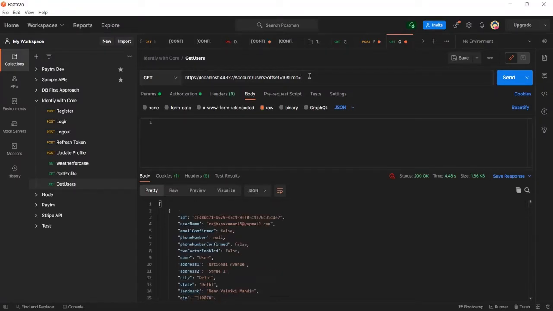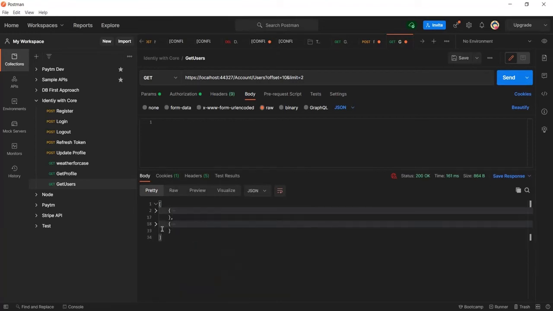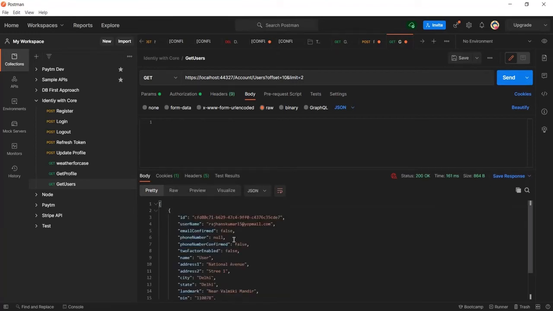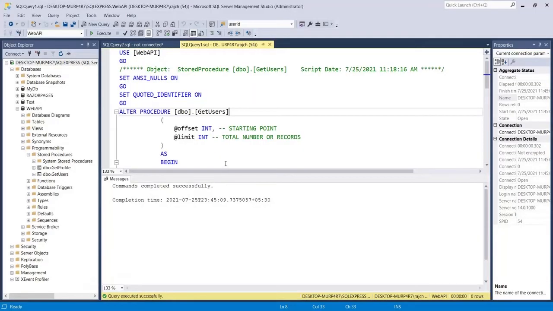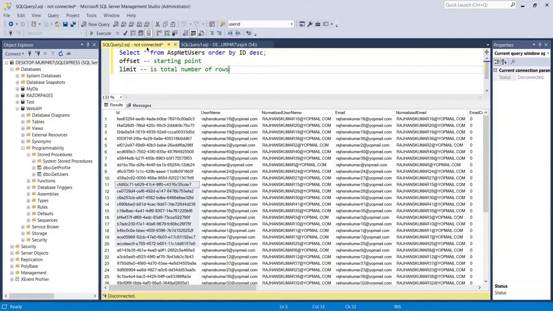Let me put here 2. So now you can see I got only 2 rows. Okay, and the row is coming here as 15, the first row, and the second row is 28. So let me move to the SQL server here, and here I will